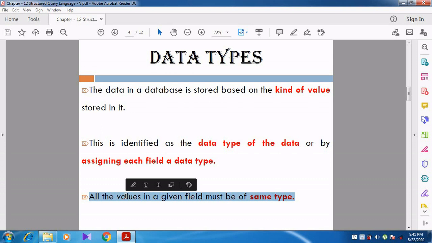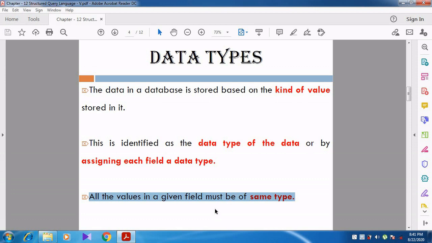Can you understand, students? Again I say, all the values in the given field must be of the same data type. Whenever we take a particular column, that column should contain the same kind of values, that is the same data type.